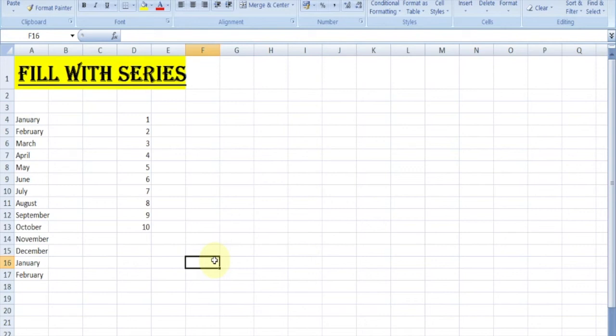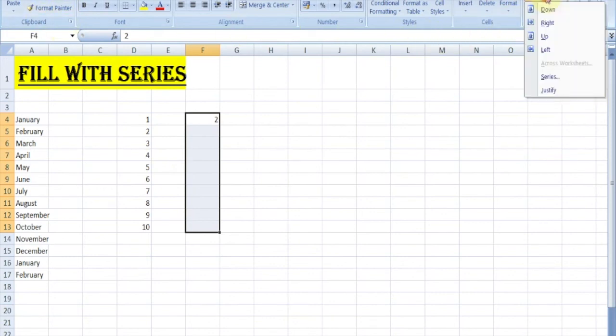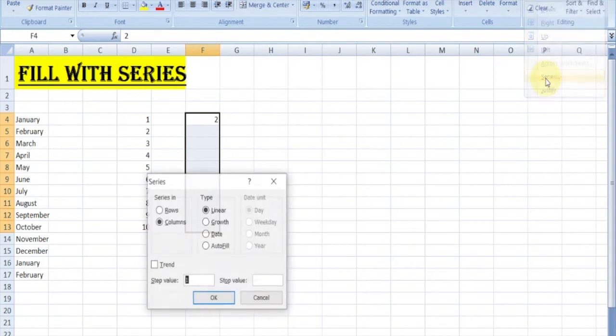In the same way, if we want an even number series from 2 to 20, what we have to do is, in any cell just write down 2, the initial value, and select the cells, and go to Home ribbon, Editing command group, fill arrow, click on Series.